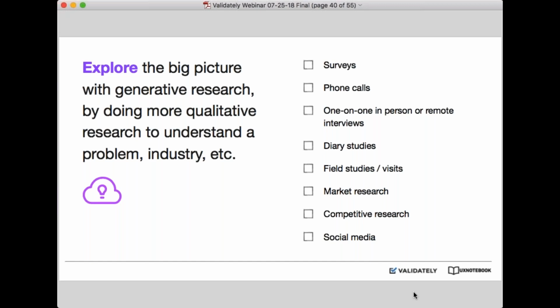And the third research activity that you really need to be doing every quarter is this explorative research or generative research, which is more qualitative in nature, where you're trying to understand the big picture, understand maybe an opportunity in your industry or with your customers. And I think a lot of teams get very nervous about this type of research because it can feel very time consuming. A lot of the kind of explorative research projects I do are with a minimum of